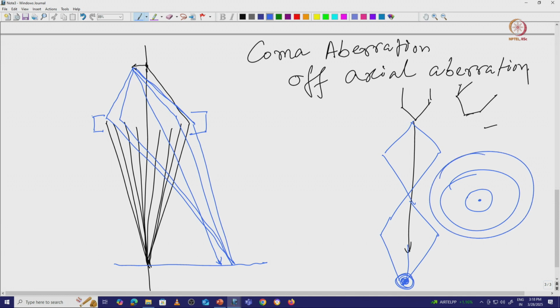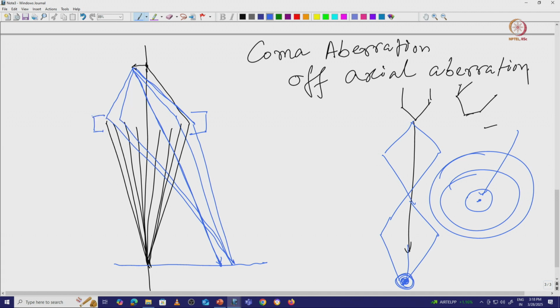So if we decrease the beam diameter, it will come to the center of that screen, or if we just increase the beam diameter, it will start from this center and enlarge. In this particular case you can see that this is the optical axis. We are expecting the brightest beam somewhere here, but the rest of the rays, one ray is merging here.